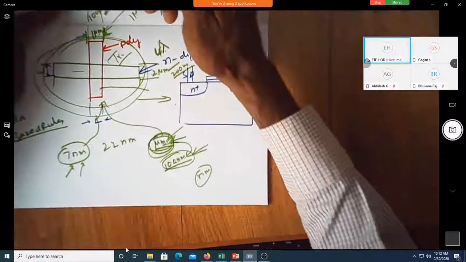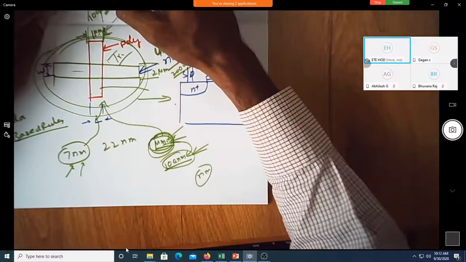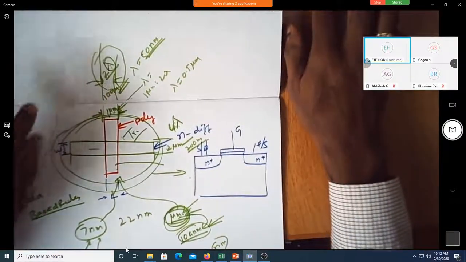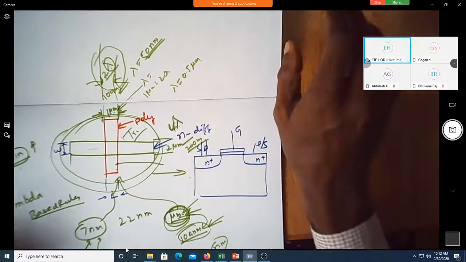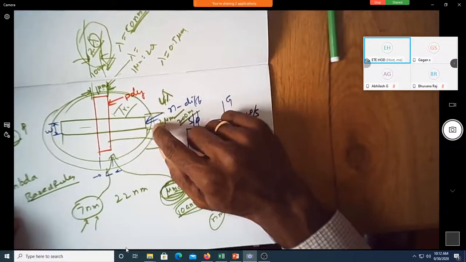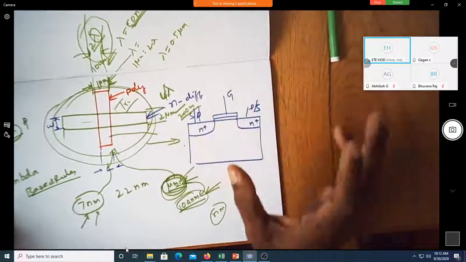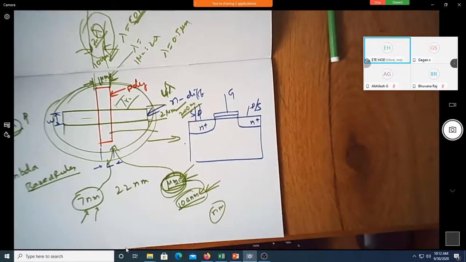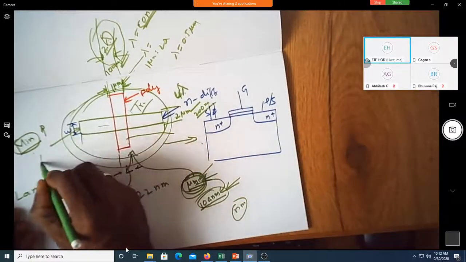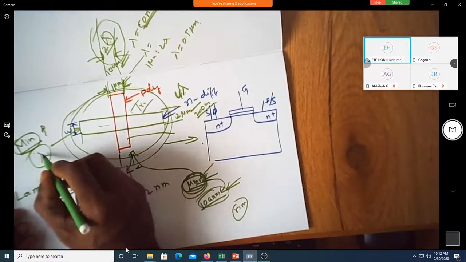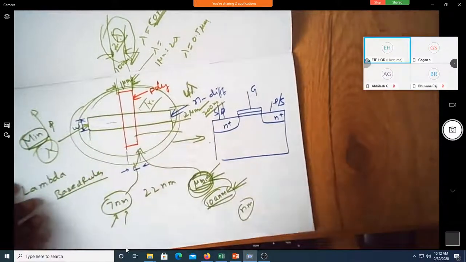What I mean to say is, when they are specifying the dimension, they won't specify in terms of so many micrometer or nanometer. They specify in terms of lambda: it is 2 lambda, 3 lambda, 4 lambda, or something like that. So all the dimensions are specified in terms of lambdas, and this lambda value varies from year to year.